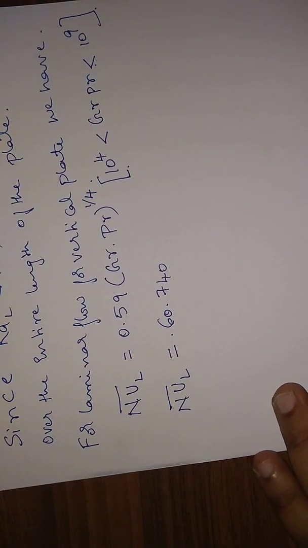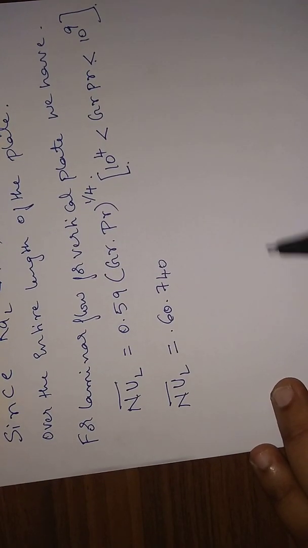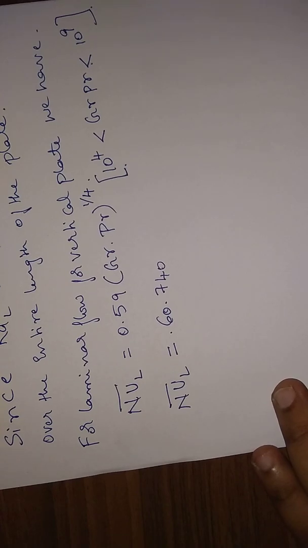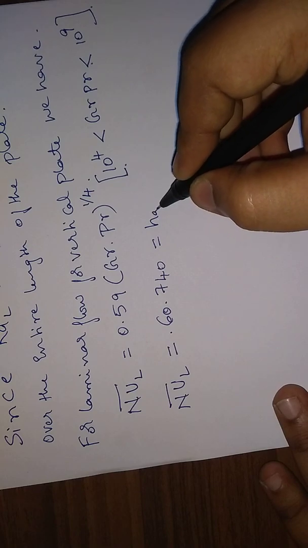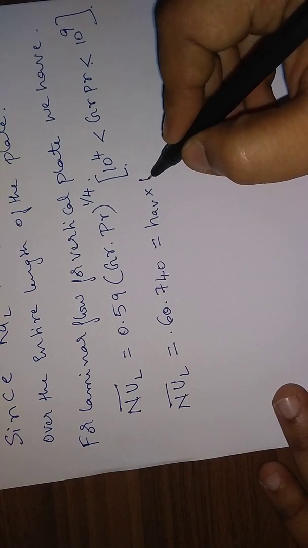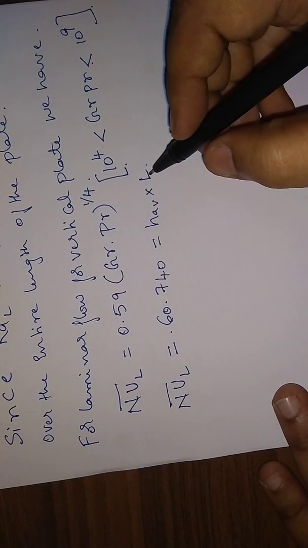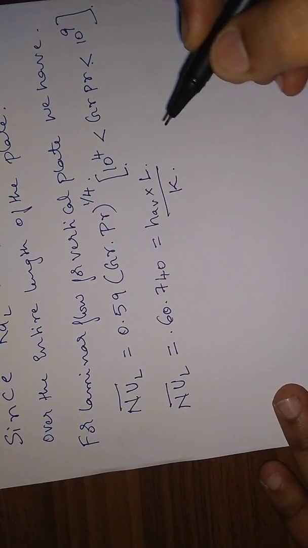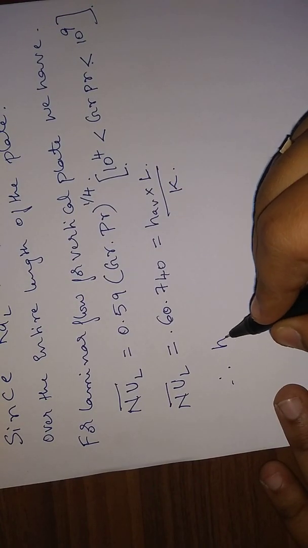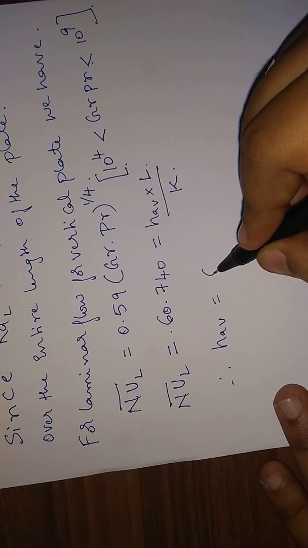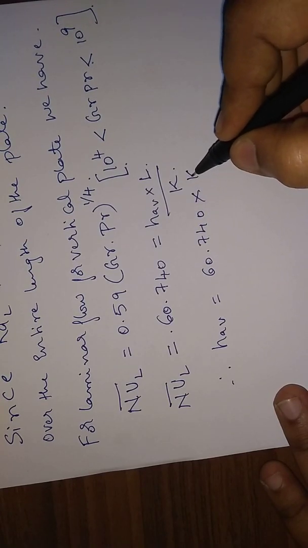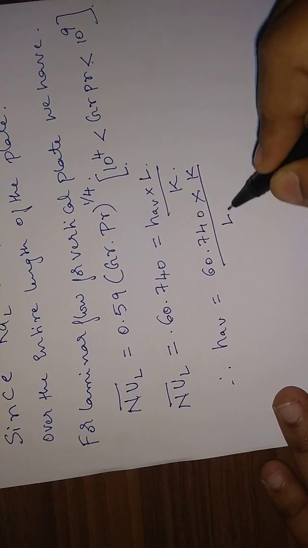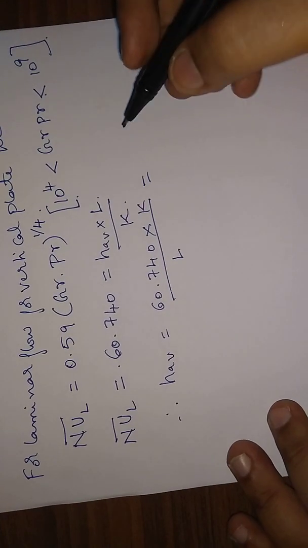So the average Nusselt number. How do we calculate the average heat transfer coefficient? You know already, this is equal to h average into L divided by k. Therefore, h average is equal to 60.740 into k divided by L, which is equal to